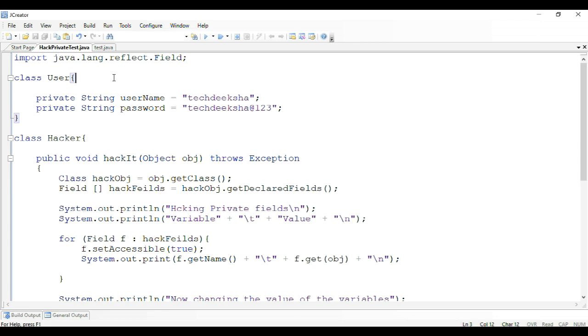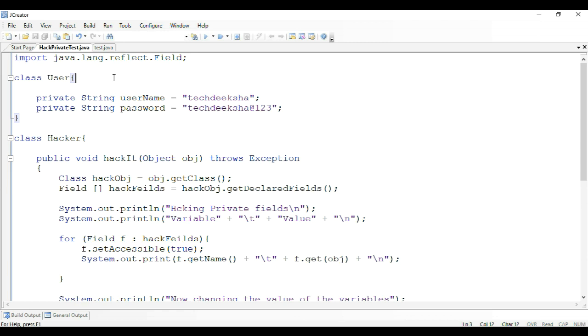Now what I mean by metadata is the data about the object or the class which it refers to. By using that concept only, we can achieve our goal of hacking private variables outside the scope